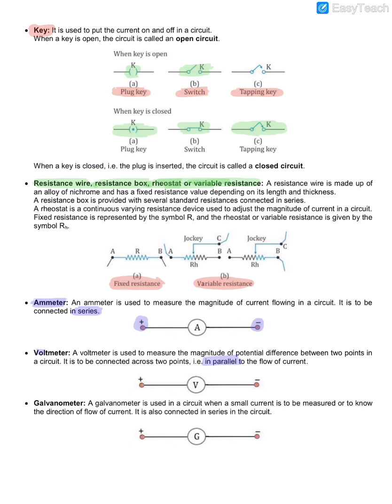Same way, what does a voltmeter do? Voltmeter will measure voltage. Correct? So you can see again here there is a plus and a minus for the voltmeter also. And a galvanometer is used basically to check the direction of flow of current, or when you want to measure a very, very small amount of current. So all of these symbols are very easy. You have to just write A, V, G inside. Okay, that's all. Avengers, remember.